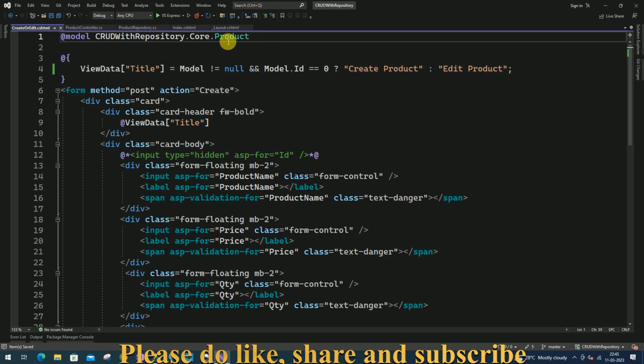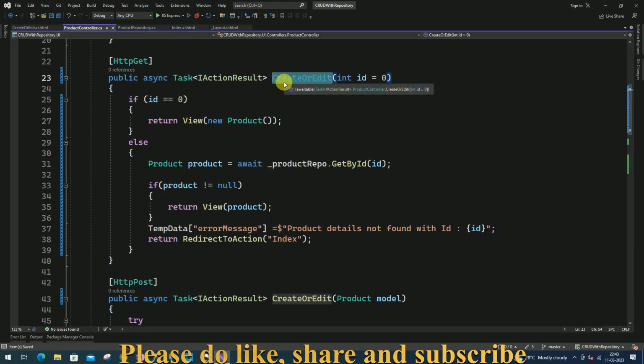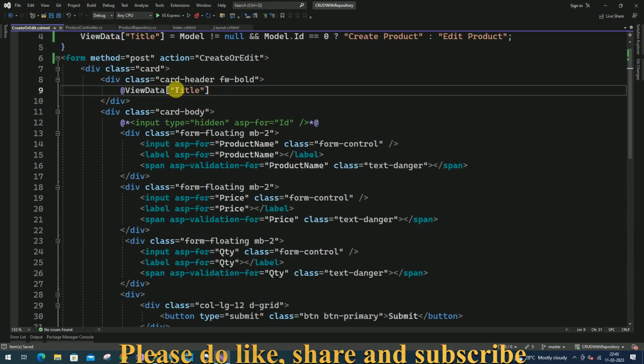Here we are going to receive the data from this product model. If model ID is 0, then I'm going to display this title, otherwise I'll display this edit product. Here I'm going to change the action as create or edit. So this is my title,